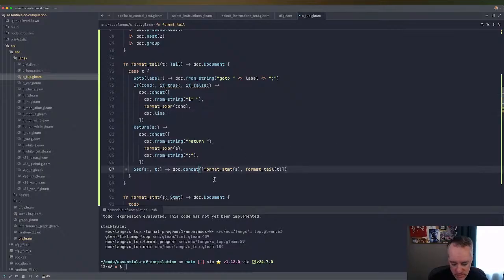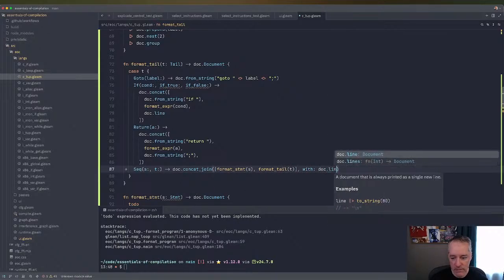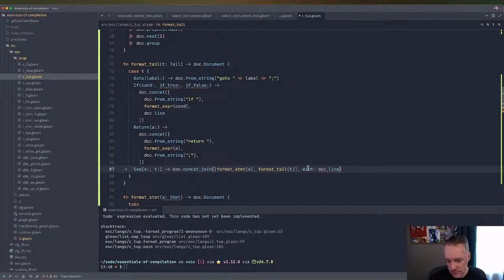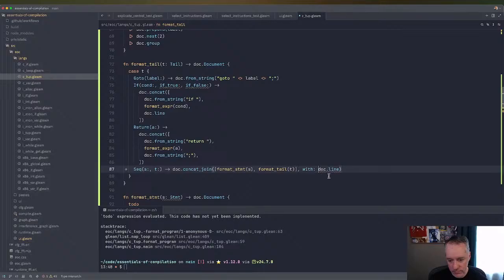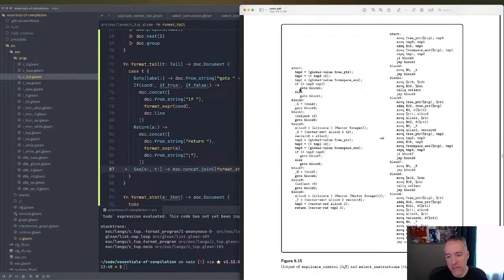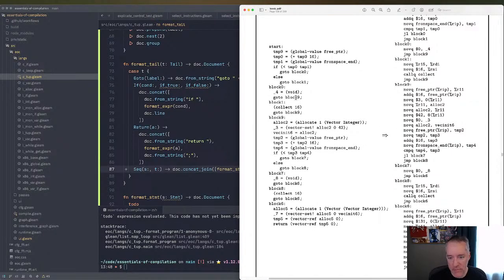So maybe what we do here is concat join with doc line. The other thing here is that, in their example, and I'm going to make this a little bit bigger,